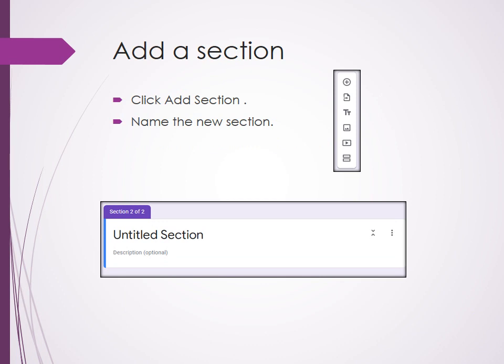Okay, so every kind of data has been added to the Google form. Now one more thing is there, that is a section. It is not data. This kind of thing is used for organizing the form. The very first use of it, for example, suppose you have 100 questions.